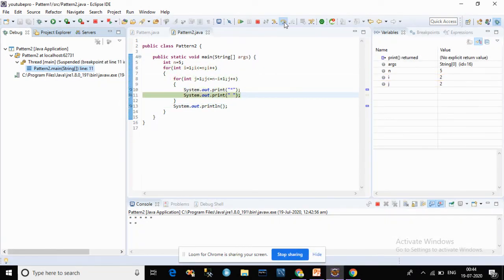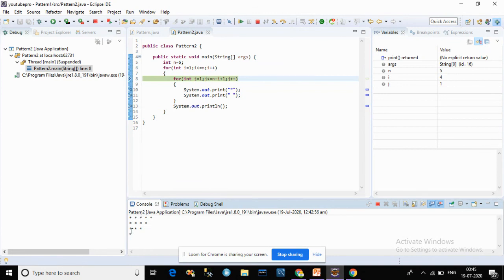Look here, I just debugged here. Everything is similar to the last pattern, but just some logic is changed here. So this is the pattern we have.